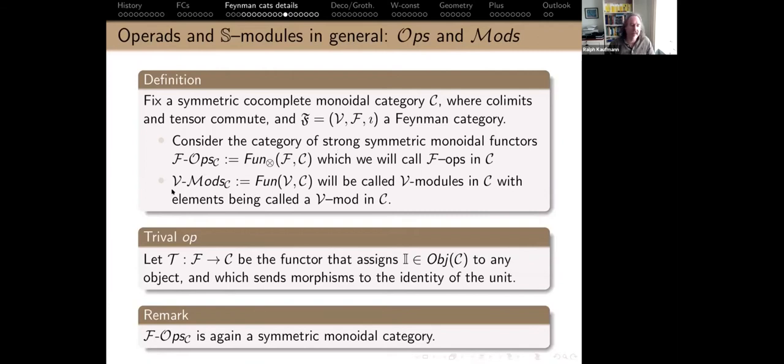Then the second piece of data were just the basic objects, and they will be V modules. This is just a category. It's actually a groupoid. So the F ops will be operads. That's why they're called ops in a sense, and the V modules are the S modules. So that is this nice way of thinking about this collection of the O(n) with the S_n action. This is the V module, and then the actual operad structure on them comes from the fact that they come from this functor. And then the compositions are just from that functor point of view. One thing is very important.